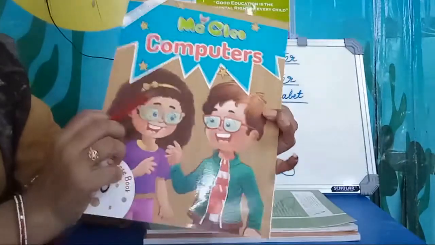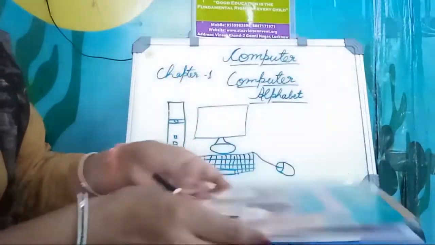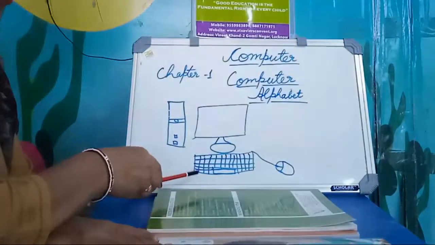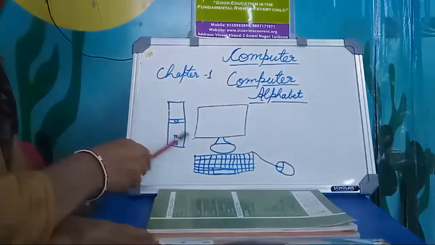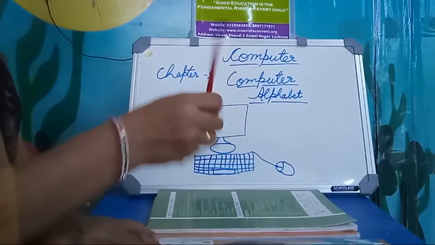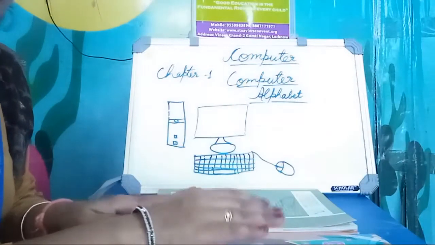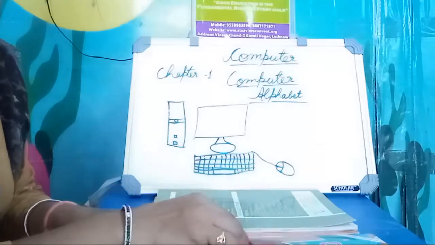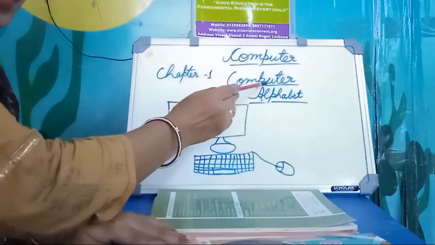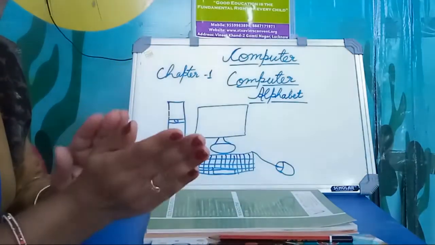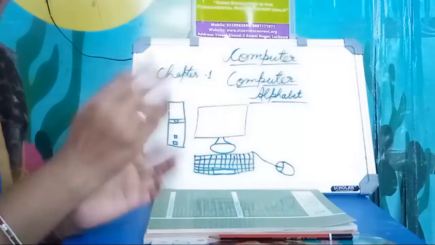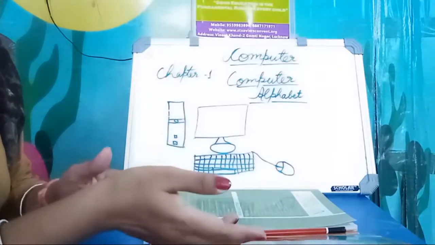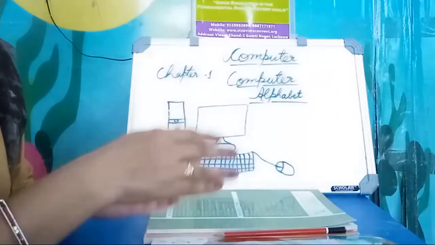Alright, so today you will study your computer book with alphabets. Okay, and just see the main parts of computer: monitor, CPU, keyboard, mouse. So you have to just see all the pictures and learn it orally. Okay, you have to just learn the spelling of computer also, COMPUTER, computer, and the alphabet in rhyming sound also, A, B, C, D. Alright, so it's like that. A for abacus, B for Bluetooth, like that till D. C for compact disc, D for download.